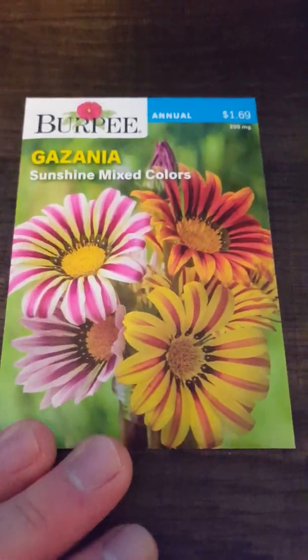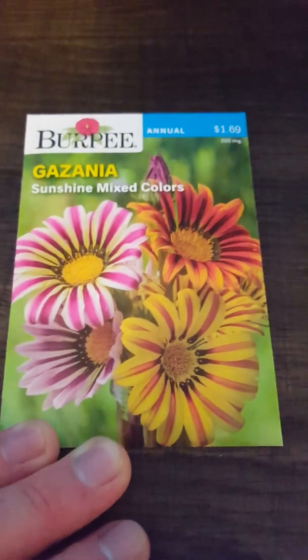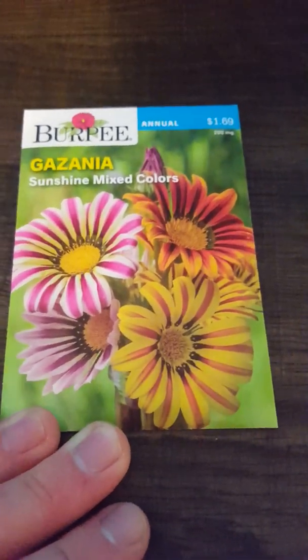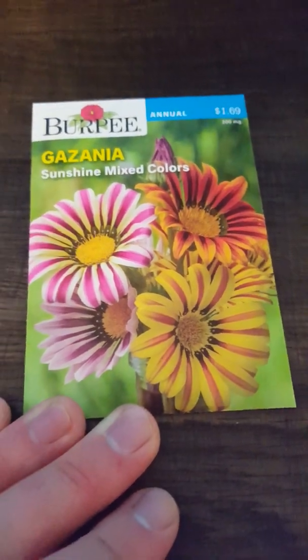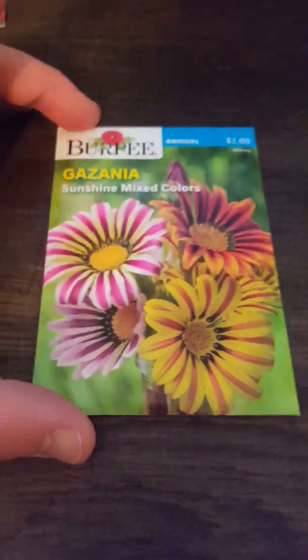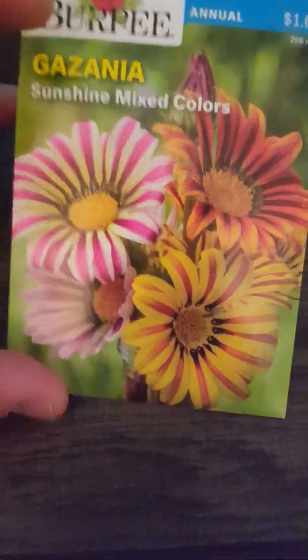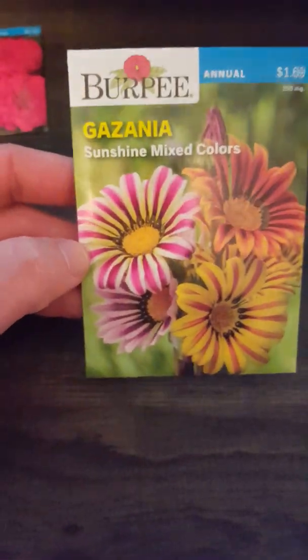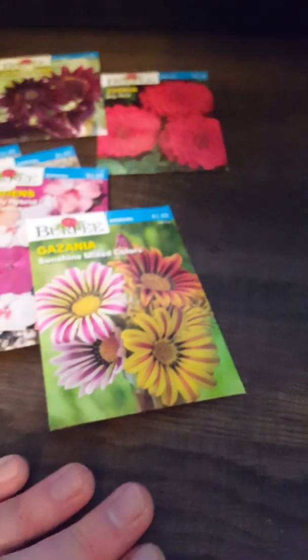This is a new type, or to me it's new. I've never really seen it before. I think it's pronounced Gazania. This is the sunshine mixed colors. It's like a striped zinnia, but it looks more like a daisy type flower than a zinnia to me. But I thought this was really pretty and thought I'd give it a shot. Zinnias are always dependable, so they're really easy